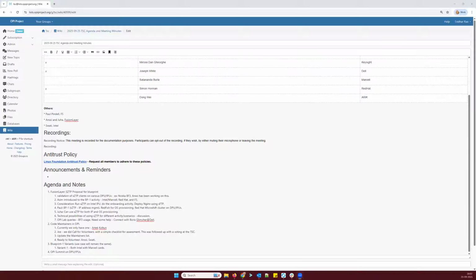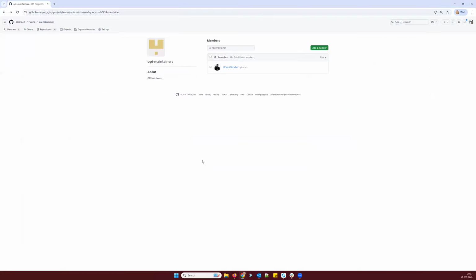Sounds good. Paul, I think the role as a maintainer is still only Boris, if I'm right. As I went back and looked at it just recently, and I'm just sharing the screen. We have this team as OPI maintainers. If I restrict to only the role of maintainer, I only see one.